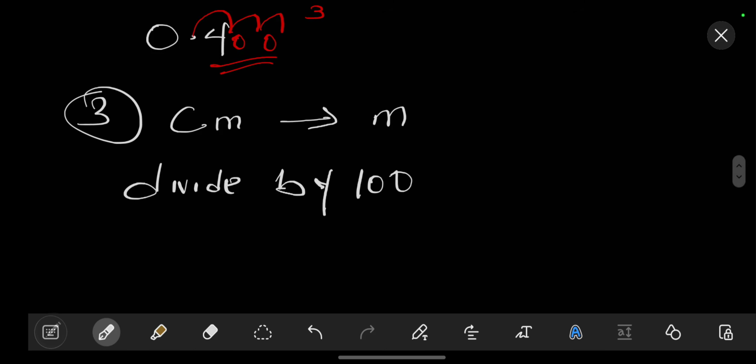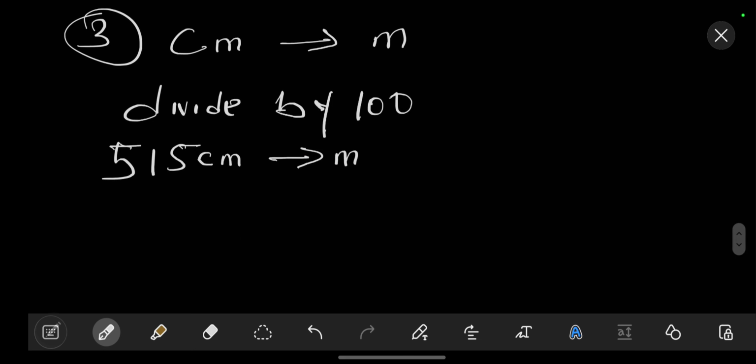So if we do that, let's say we want to convert, let me pick a random number right now, 515 centimeter to meter. All I need to do is to take this value, this 515 right now, and divide